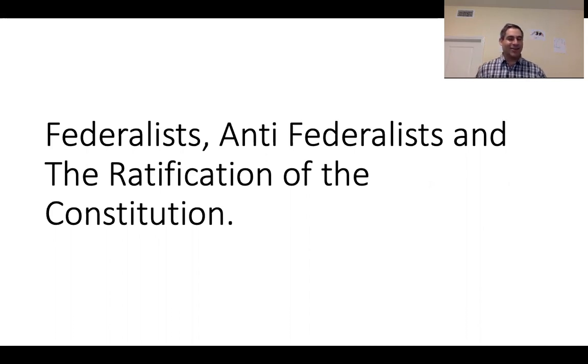So today we're going to continue our discussion of the origins of the Constitution by talking about the debate that unfolds once the Great Compromise is achieved and the Constitution is sent for ratification among the 13 colonies. And so we'll talk about the debate between the Federalists and the Anti-Federalists about the nature of this new, stronger national government that we're going to create, and again, how this debate helps us understand both the logic of the separation